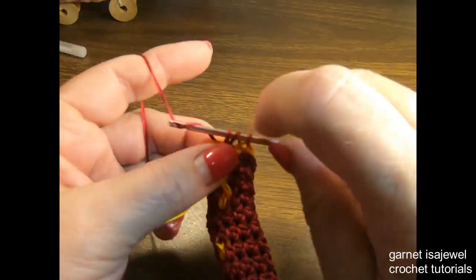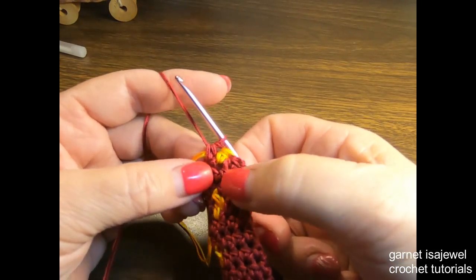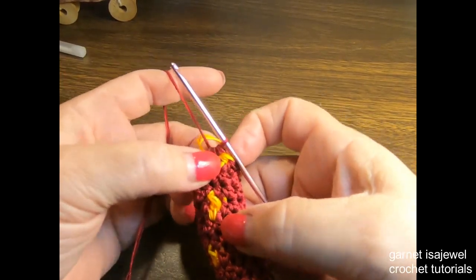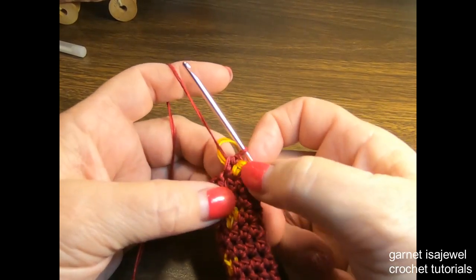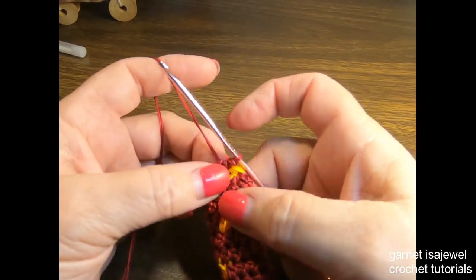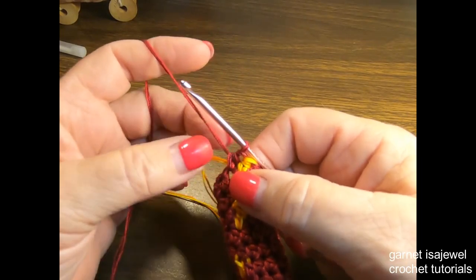So we're going to do this 1 half double crochet as our color change for 2 sets. What I mean by that is we're going to do this, come around, decrease in the back, go around twice, change your color, 1 half double crochet, decrease, go around twice, and by that time you should have 6